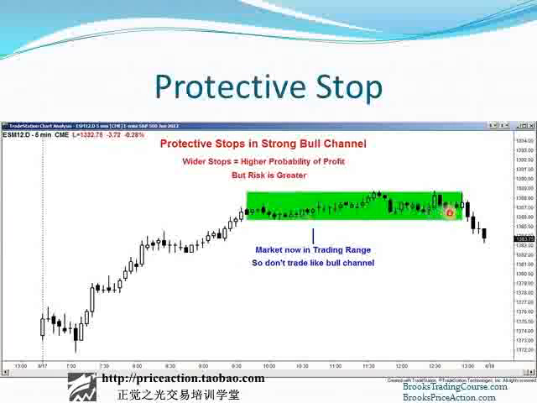The market transitioned into a trading range, so you stop trading it like a bull trend. It's now a trading range. You trade it like a trading range. You buy low, you sell high, and you scalp. I don't feel that it's as necessary to worry a lot about taking the shorts because we're still in a bull trend, but I definitely would try to take the longs. Okay, IOI here, bull bar here, breakout pullback here, small breakout pullback here, outside up here. You know, maybe buying above that bear bar. I don't know.